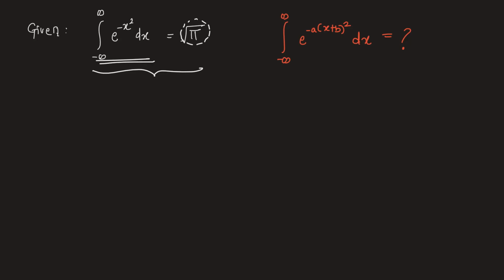To do that, we will use the substitution method. So starting with the integral that is given, we have integration from minus infinity to infinity of e to the power minus (a into x plus b) whole square dx. We'll first substitute this bracket value x plus b as t. So if x plus b is t, differentiating this we have dx equal to dt, and this integral will convert to integration from minus infinity to infinity of e to the power minus a into t